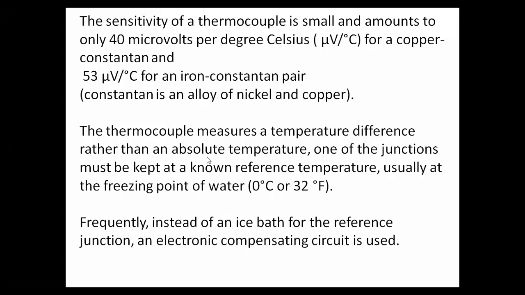We have another type of temperature measuring device among the passive transducers, which we'll see during the discussion of passive transducers. Generally we can measure with reference to 0 degree Celsius. We use the reference junction at 0 degree Celsius, and the measuring junction at some other temperature, like 100 degree Celsius. Then we can directly obtain the difference, 100 minus 0, which gives 100 directly. In some cases it is not possible to maintain 0 degree Celsius.